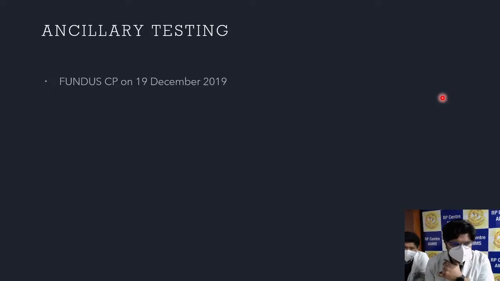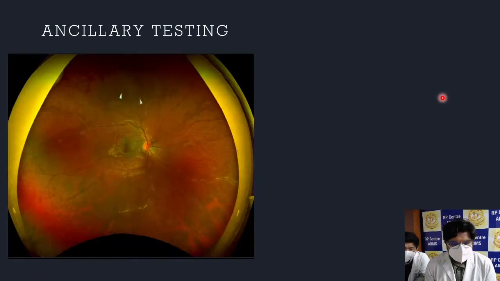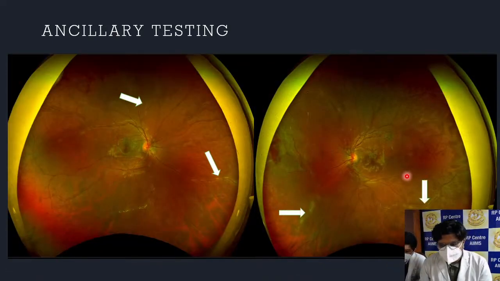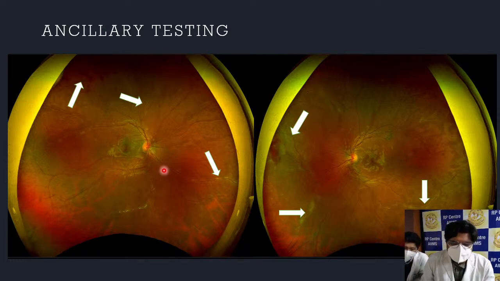We had got the fundus photo on 19th of December 2019, which was his first visit. So basically, we can see there is patchy perivascular sheathing in both eyes with areas of retinal edema with pre-retinal hemorrhages. This could be explained because the patient might be in the healing phase, as he was already started on steroids when he visited us. He had visited a private hospital where they started him on steroids.